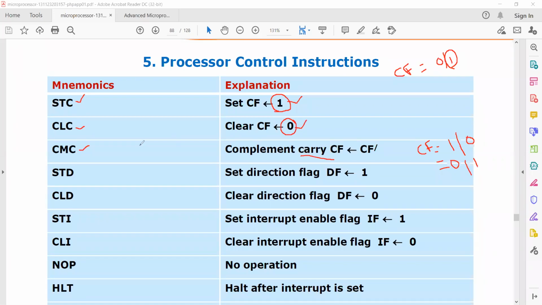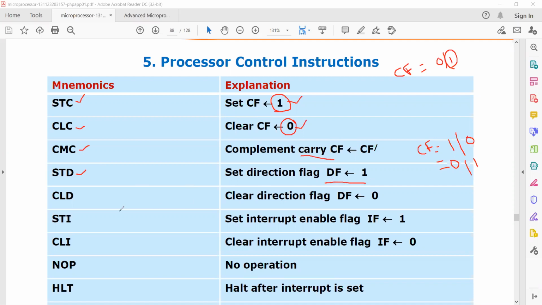Next is STD. This instruction deals with the direction flag. STD means set the direction flag value to 1.